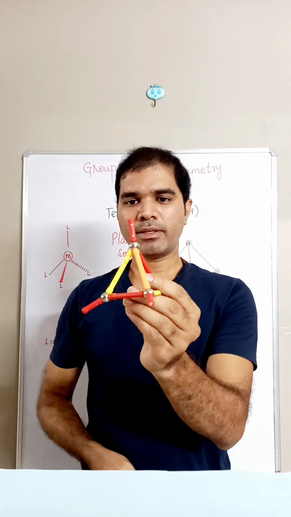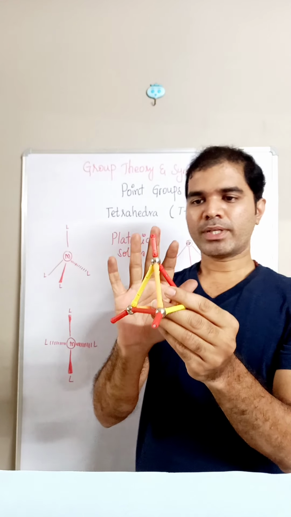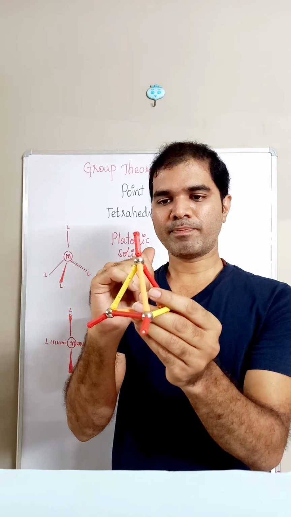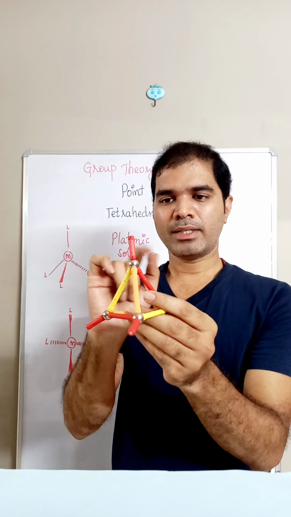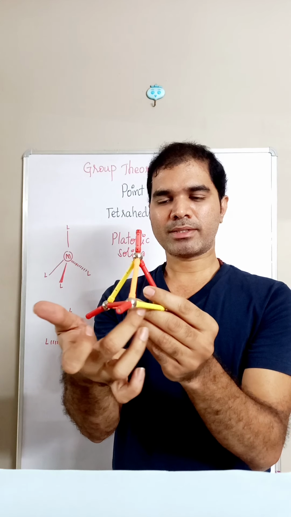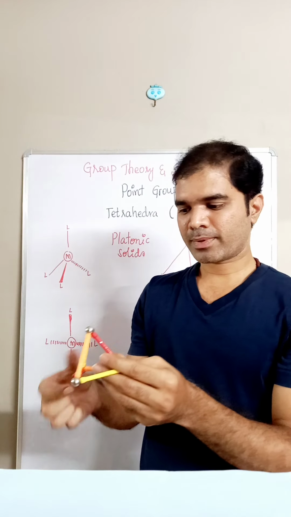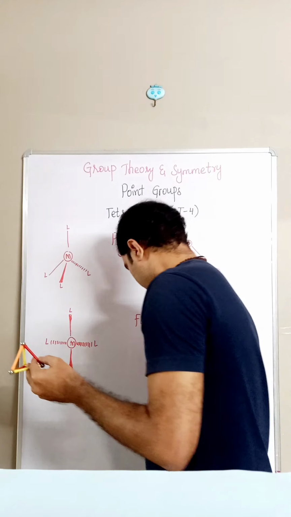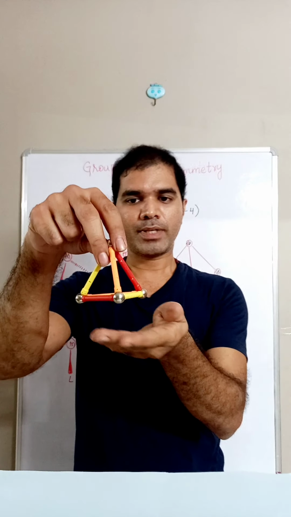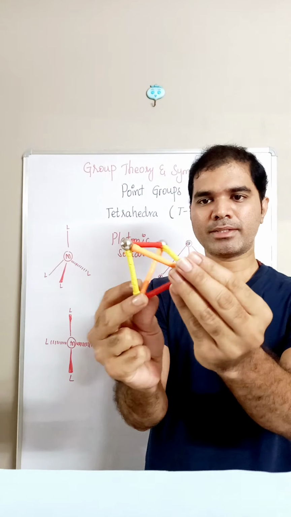Apart from this C3, do we have any other rotational axis? We have to check. For our comfort, what we have done is we have considered the vertices or the corners, faces and edges. A rotational axis has taken a vertex and its opposite face. We are left with the edges. Look at the edges very carefully. Altogether there are 6 edges.